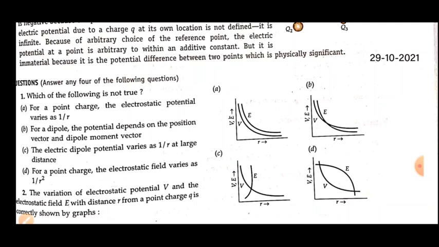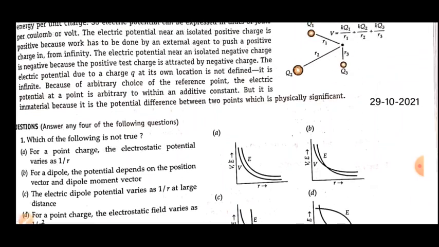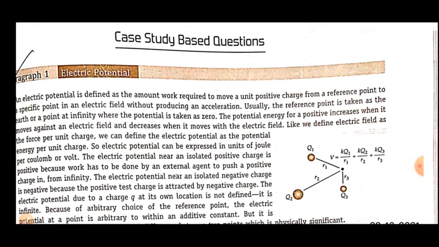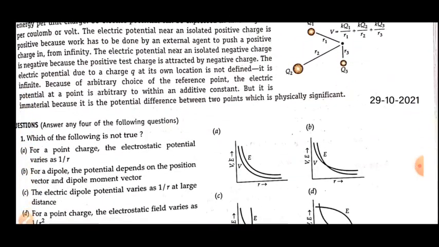Some of the questions on assertion and reason I have already discussed in some previous videos, so you can watch them. Now let's discuss the rest of the cases here. As in the previous video you have seen the case of electric potential. In the last video I already read this case for you, and that's why you are aware of it. Now let's see the questions we have on this case.